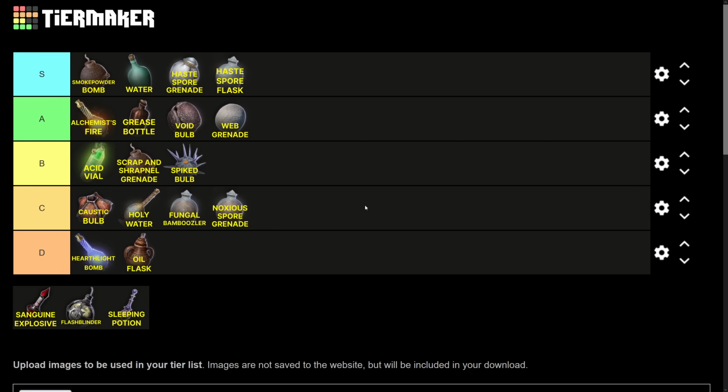The Sanguine Explosive deals 4d8 force plus 4d8 fire damage, which is more damage than a fireball. It's 36 average damage compared to Fireball's 28 average damage in a 26-foot radius AoE, so twice the radius of a fireball as well. There's no spell that does the equivalent of this, but it's basically worth a level 4 spell slot